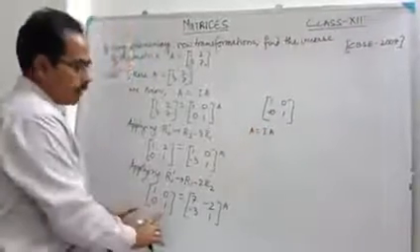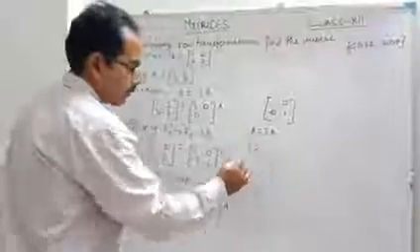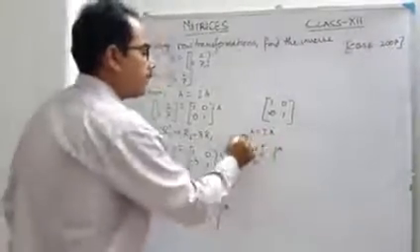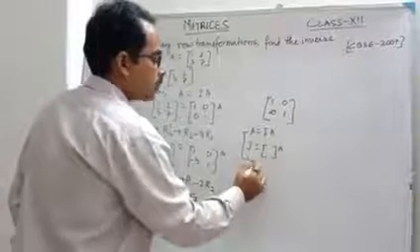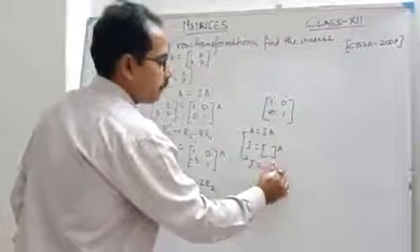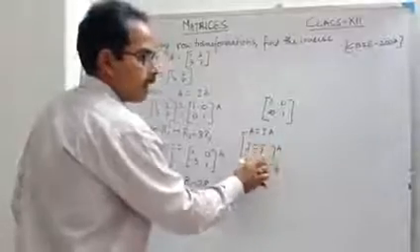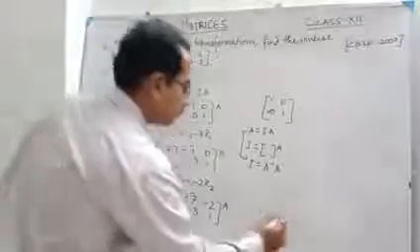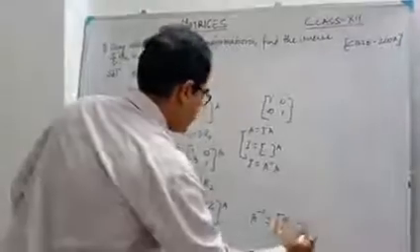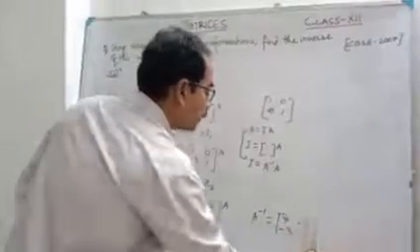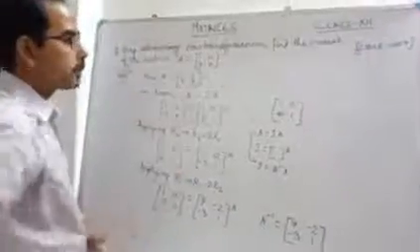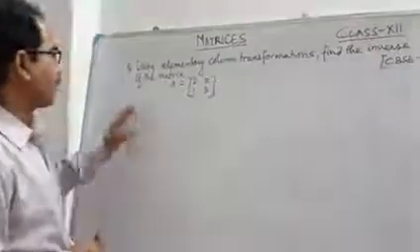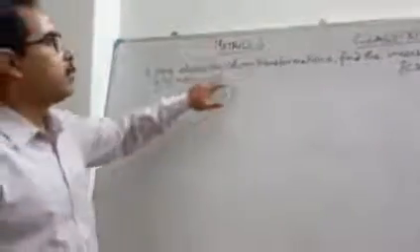And ultimately you have got the identity matrix here on the left hand side, that means I equal to some matrix multiplied by A. So from A equal to IA, that means I equal to A inverse A. So whatever matrix you have got, that is A inverse. So you can write therefore A inverse equal to 7 minus 2 minus 3 1. So by row transformations you have got the inverse value. Correct students?